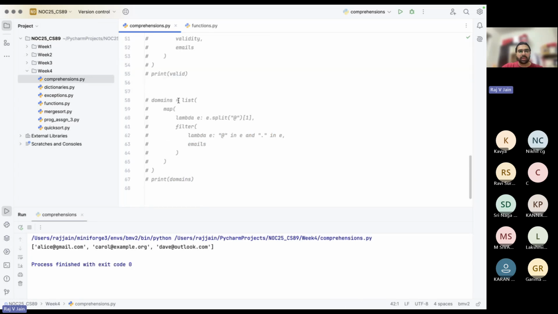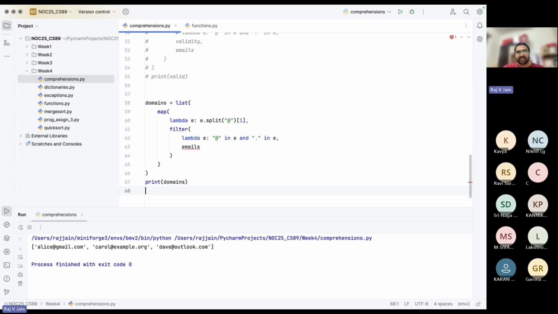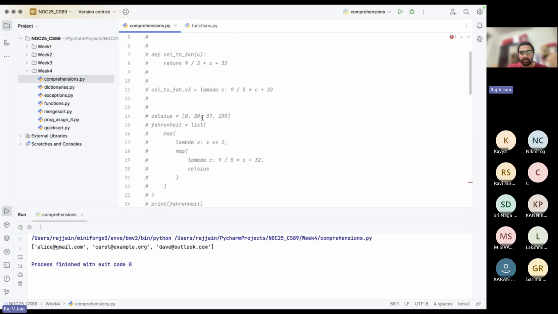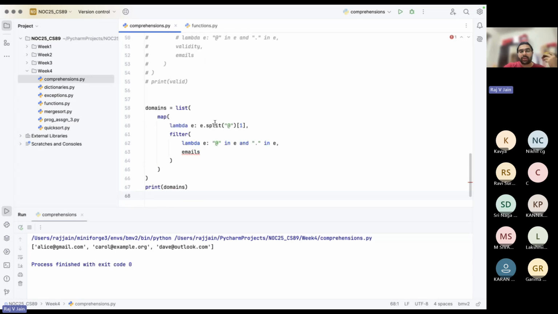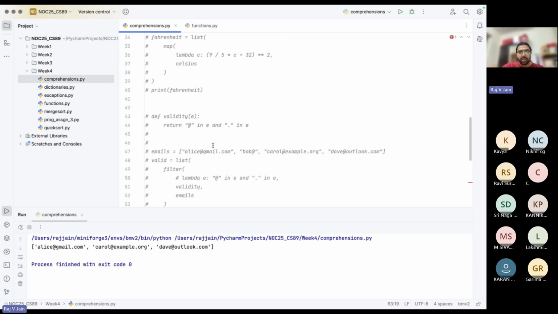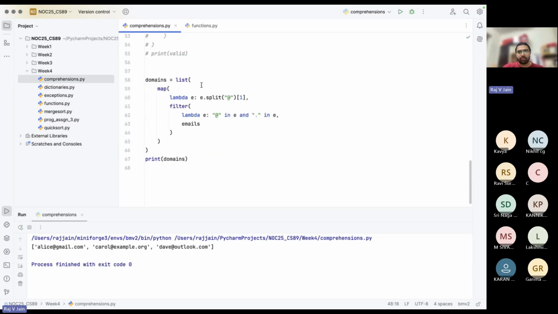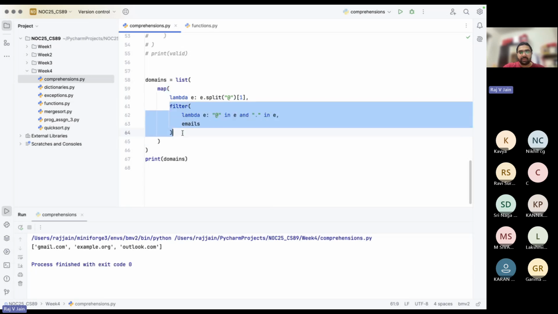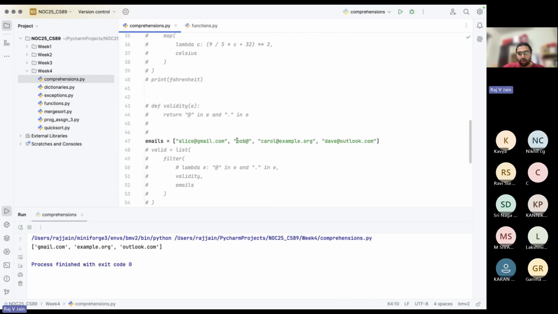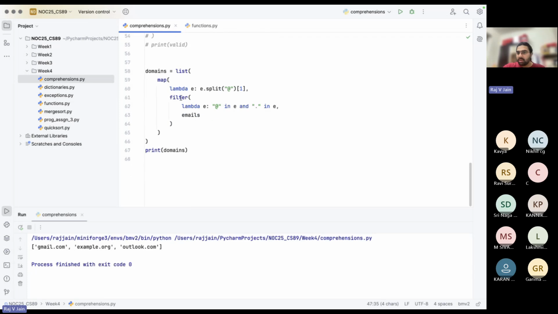Now you can combine again. So as I said previously, you can do map of map. You can do filter of filter again, right? And you can also do maps of filters, filters of maps, and basically any combination is fine. Okay, so let's say if you have the emails again. What we want here is, among the valid emails which we have, I want the domain name, right? So in that way, what this filter will do is it will help you filter out things like Bob at the rate, and then only among the valid emails will this particular map function be applied,